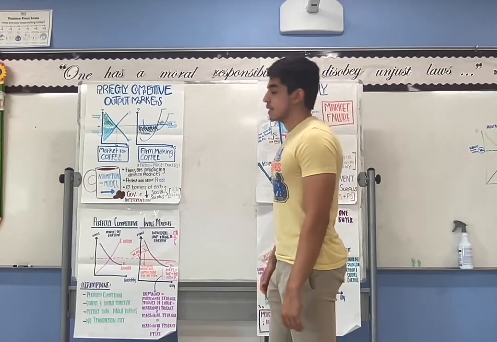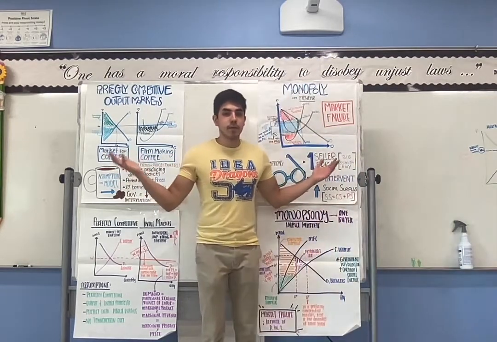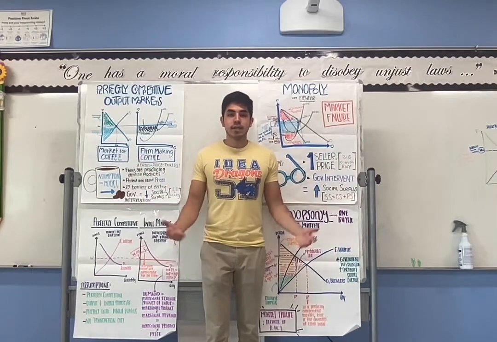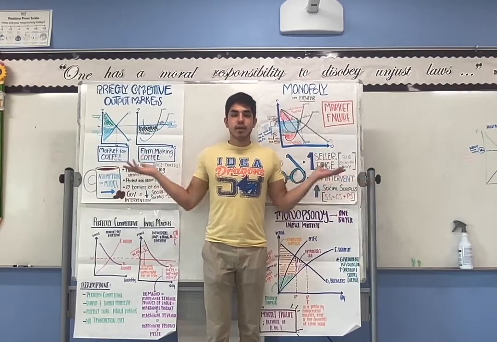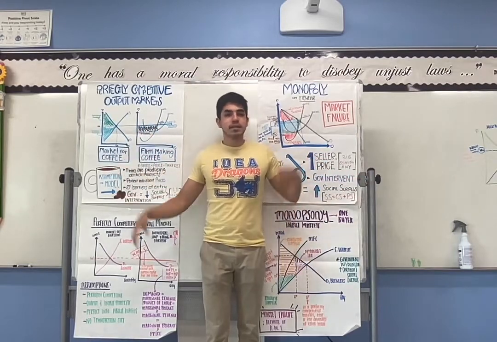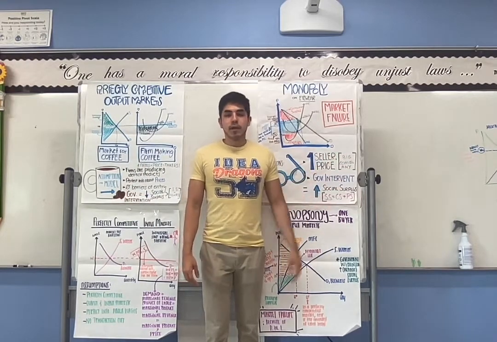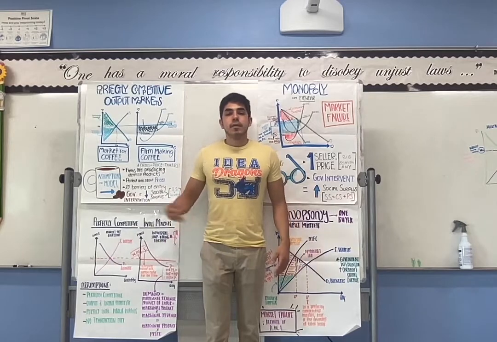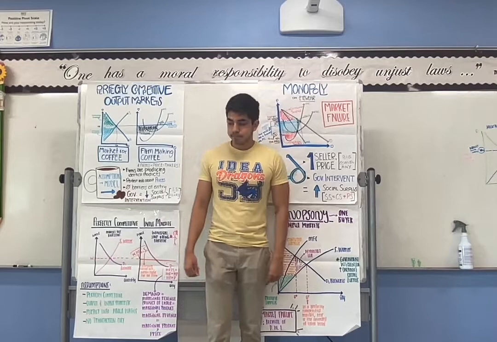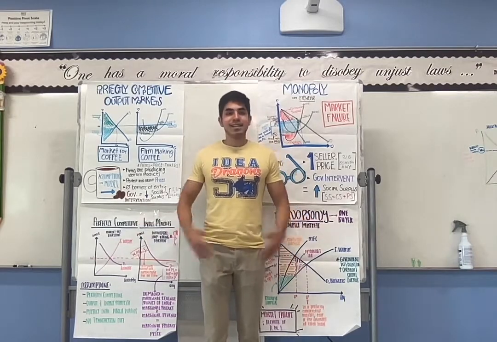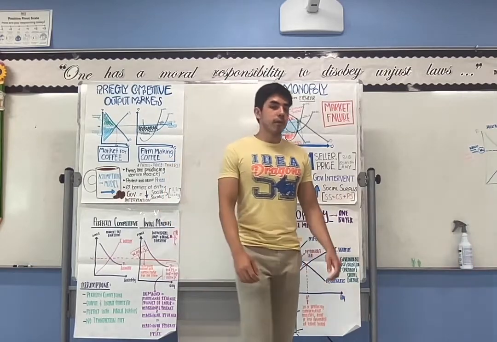the AP Microeconomics exam. So we can see some lovely posters that were made for me by some wonderful students at Saturday School. We can see, respectively, at the top, perfectly competitive output markets and the other market extreme, the monopoly, an imperfectly competitive output market, and then input markets at the bottom, the extreme of perfectly competitive input markets, and then the monopsony model. And that's a lot of econ content, so naturally this is going to be a lengthy video. Hopefully I can get through it quite fast.